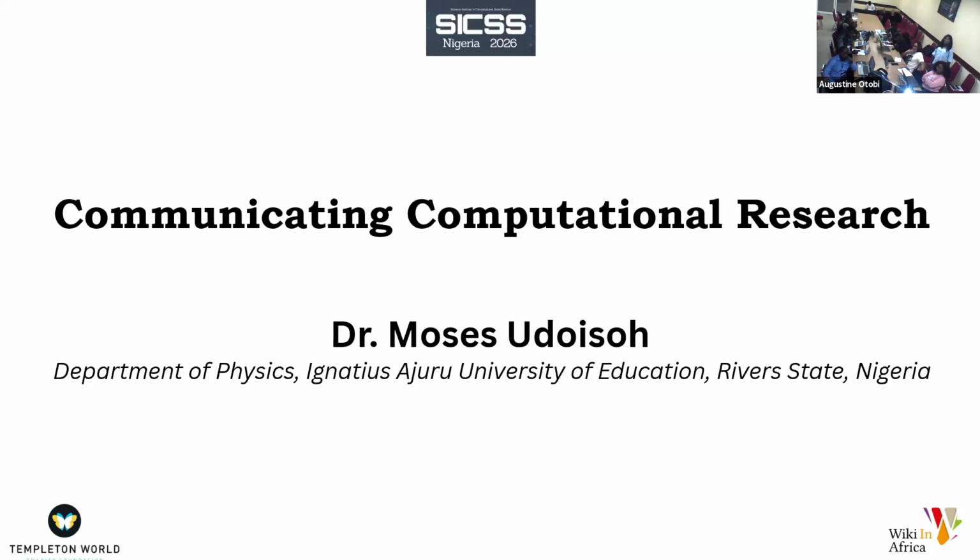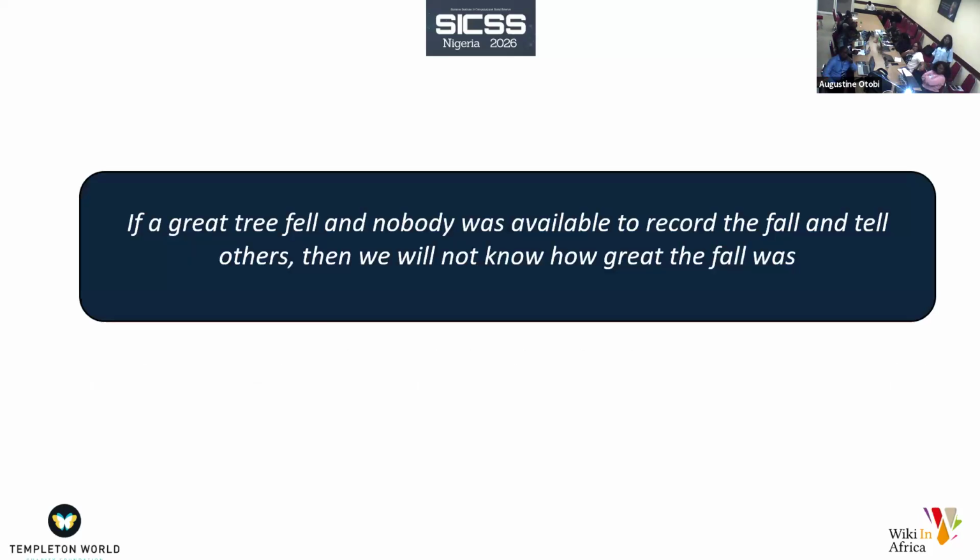So, slide number one, why it is important. If a great tree fell somewhere and there was nobody to see when the tree fell, and come out of the bush and tell us that the iroko tree down the forest fell and great was the fall, I am not sure we would know how great that fall was. What does it mean? If all the data you have access to remains within your computer and you're unable to turn them into useful insight, you're able to derive research questions out of them, turn into research